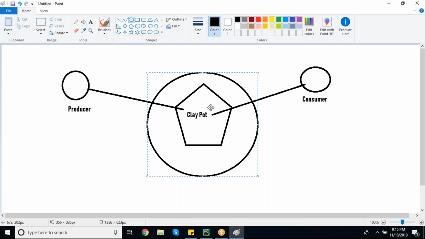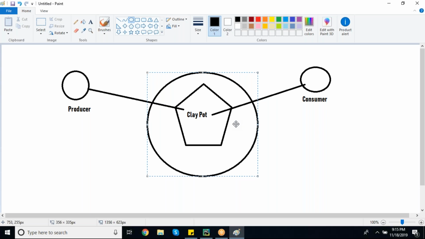Whenever he is performing operations on this particular pot, that means when he is producing the food, till the pot is filled up, this consumer will be in sleeping mode. That means they both will come to one mutual understanding. They will decide, when I am producing the food, you please go to sleep. When I am consuming the food, you please go to sleep. With some mutual understanding, they will be sharing this particular resource. So there will not be any deadlock situation.